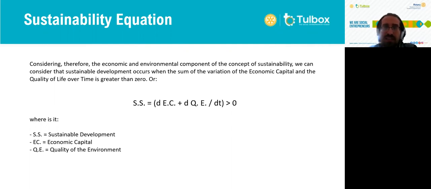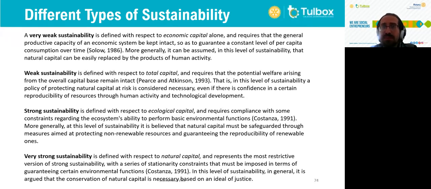If this rate reaches zero or even becomes negative, of course we are consuming the resources that we have available in our system. And finally, this will lead to an unsustainable process that is going to exhaust the system itself for now, but also for the next generation. Then it is not sustainable. So considering the different types of capital and the sustainability equation, we can also define different levels and types of sustainability.